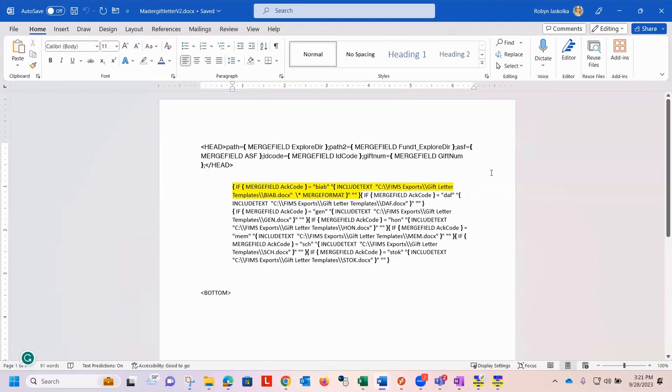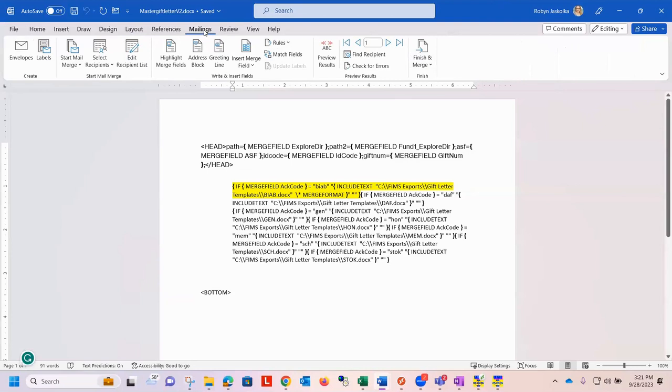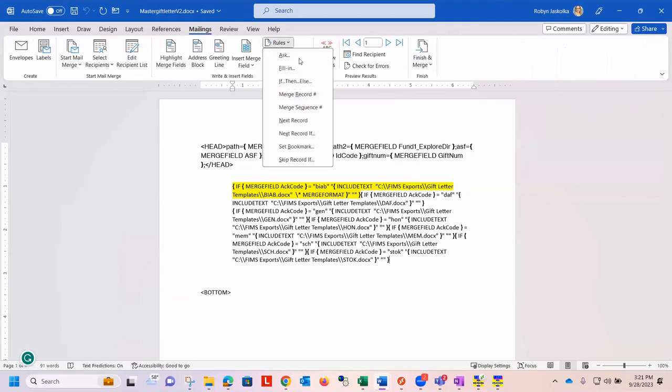I'm going to put my cursor down here at the bottom, right after that last right-sided bracket. You can't put any spaces in there. It needs to be continuous. To do this, the first step is to go to Mailings, then go to Rules, and under Rules there's one called If Then Else. That's what gives us the conditional merging that says if it's the acknowledgement code BIAB,